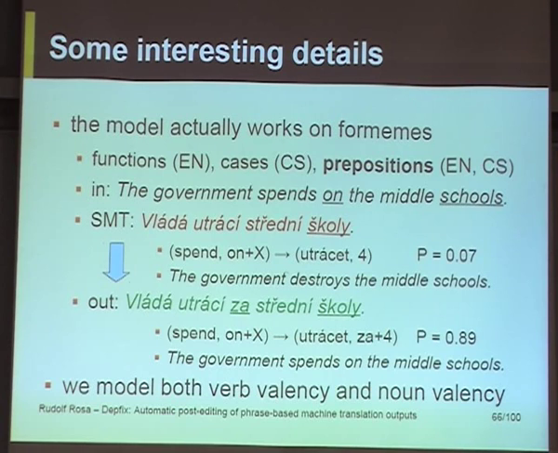The second detail about this is that I showed it on verb valency, but we can easily model noun valency as well. For the statistical model, there is actually no difference whether the head word is a noun or a verb. So we just train two models, one model for verbs, one model for nouns. So from this experimental point of view, we are able to show that noun valency is a real existing phenomenon, and it behaves very similarly to the verb valency.